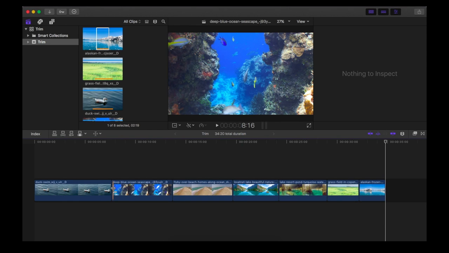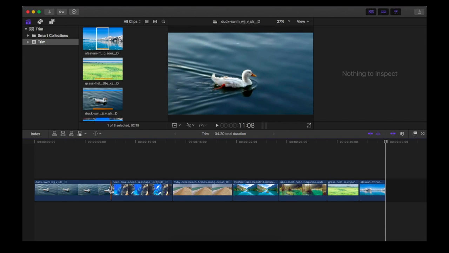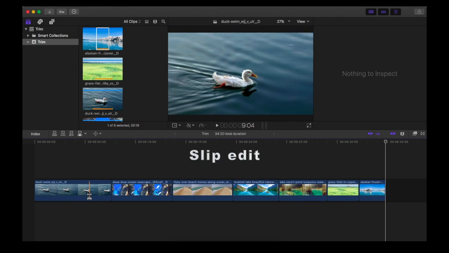Now if you move the pointer exactly between the two clips, you can see bidirectional film strip icon. This edit mode is called as rolling edit mode, as it affects both sides of the clips at once. Now if you move the pointer within the clip area, the pointer changes to the bidirectional arrow and the close brackets. This third edit mode is called as slip edit mode.